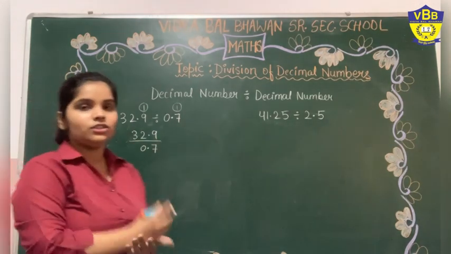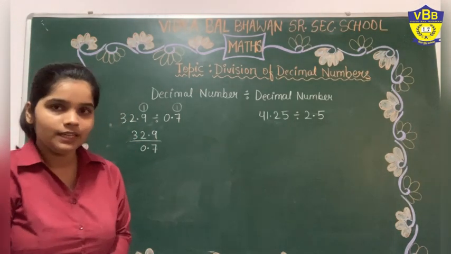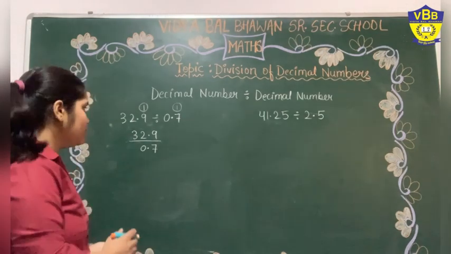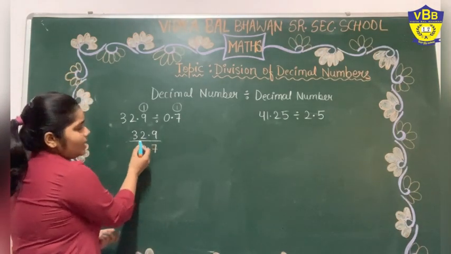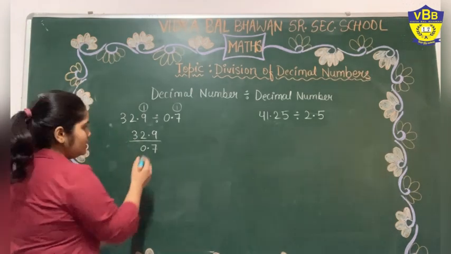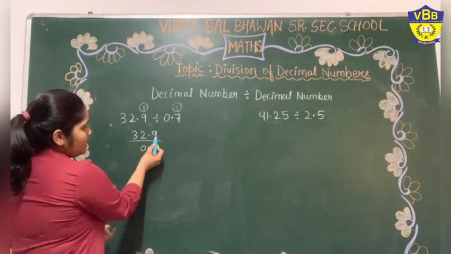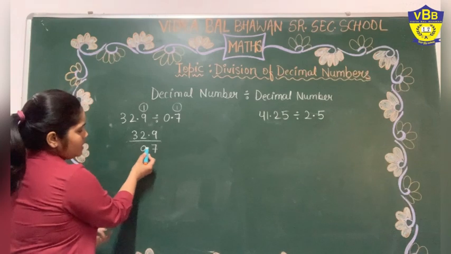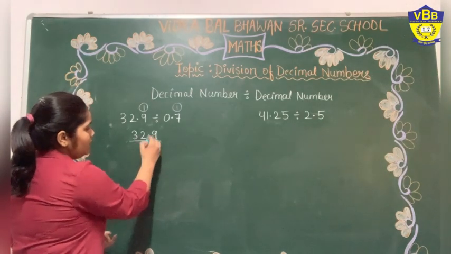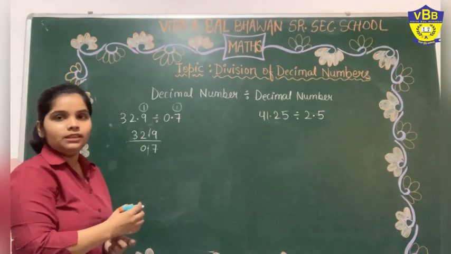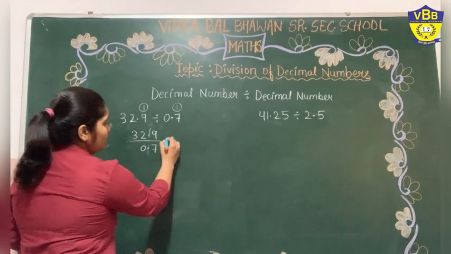So we can divide two like decimals very easily. If we have two like decimals, where the decimal is placed after one digit in both, we can cancel out these decimals and it will become